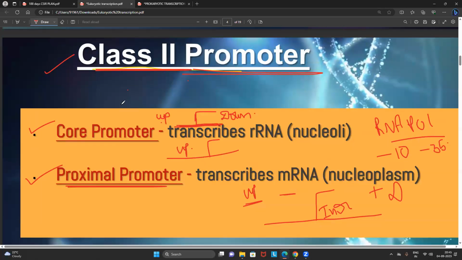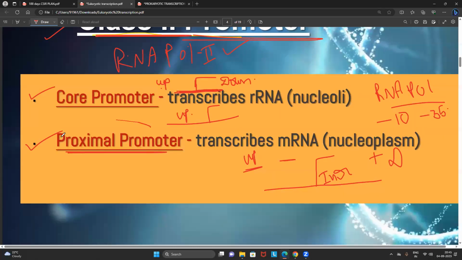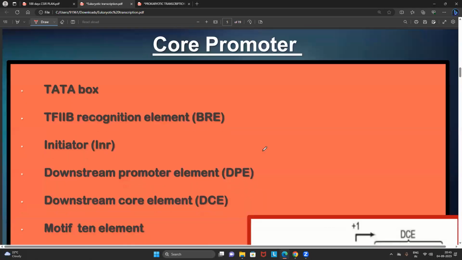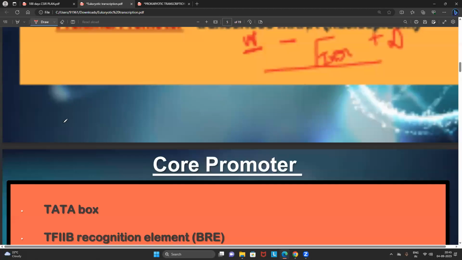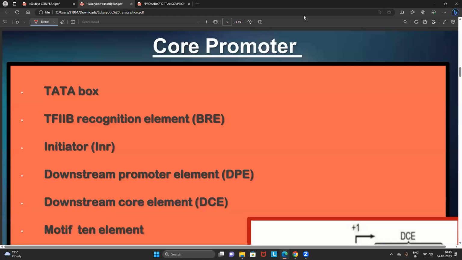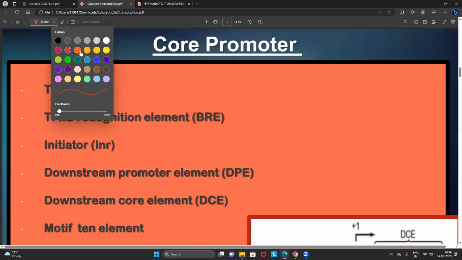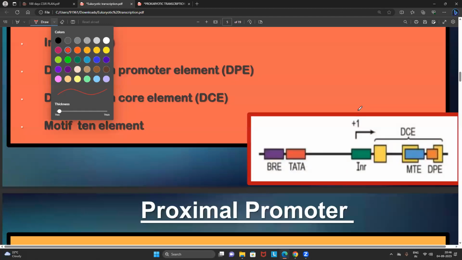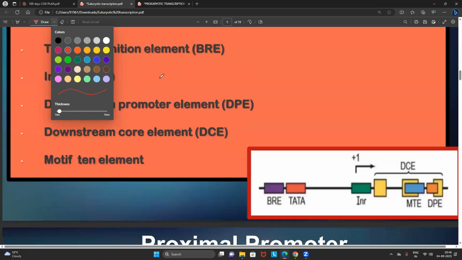Now, the question is very, very clear. RNA polymerase 2 enzyme is using what kind of promoters? Undoubtedly, friends, the RNA polymerase enzyme is using a proximal promoter because it has to synthesize the mRNA, which is present on the upstream. Now, all the students listen. How many promoters are there? Core promoter, proximal promoter. Is it necessary to remember all these? It is mandatory to remember the names. I don't want any one of you to remember the sequences. It's not required. But I am requesting every one of you to remember the names compulsorily.